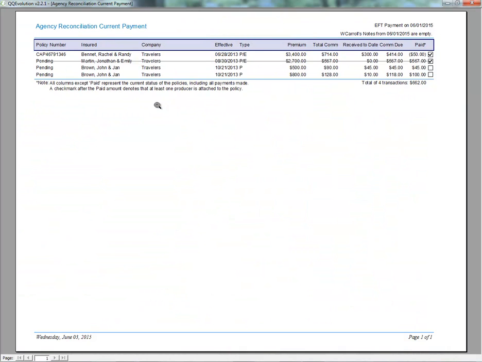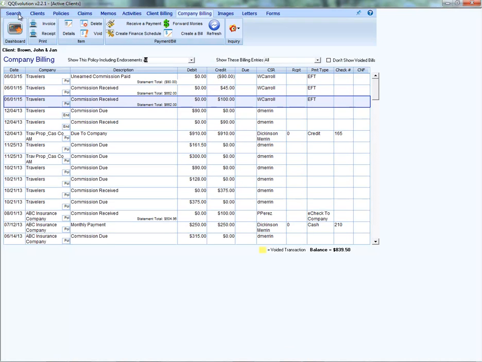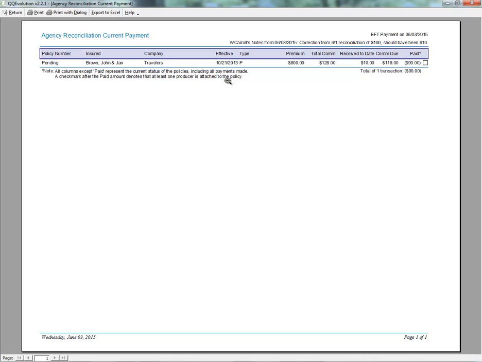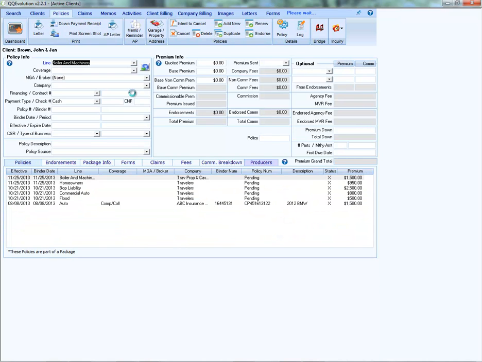Again, I can double click on these items to view the statement, so I can see I didn't void out this $100 item like we had voided out the prior one, but I did enter the negative amount to offset it. And this one has a note on it, correction from the 6-1 reconciliation. So you could do that one way or the other. It's preferable to void the transaction and redo it, but the reason I show you both ways is because when it comes to your producers, if we take a look at our policies here,